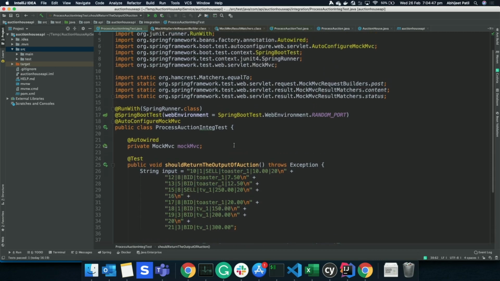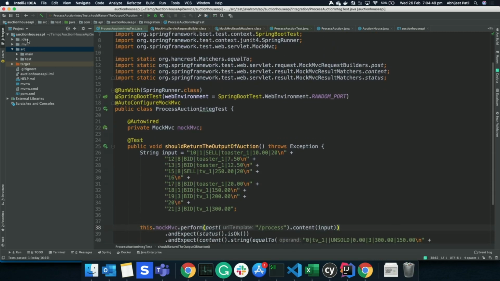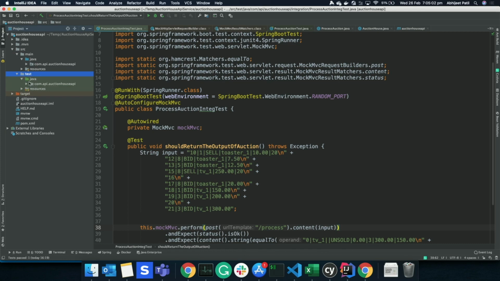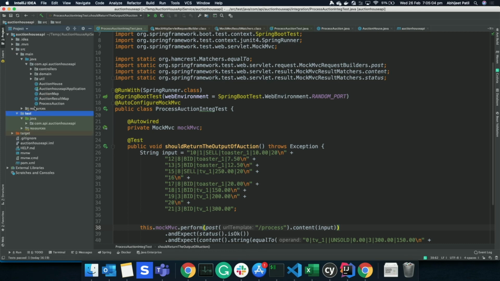Cool. So if you look at it, the structure is like you have your main and your source code is in main and all your tests are here. So it is actually replicating the exact structure. Like if I go in, it will have similar paths. If I go in further down,